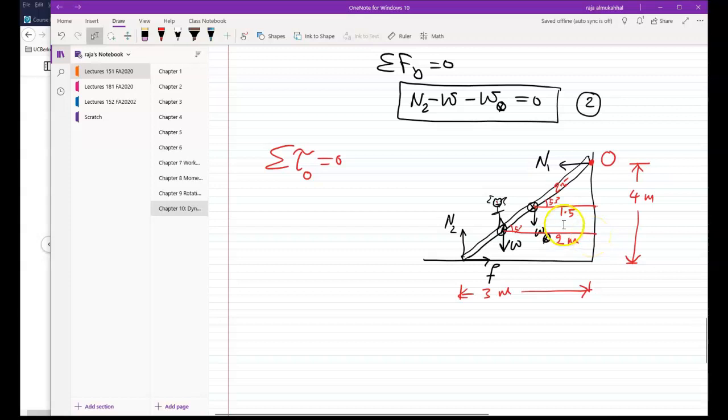Notice something. This is the moment arm, if I'm taking the torque about O, that's the moment arm. And look at the moment arm, it's perpendicular to W. This moment arm is perpendicular to W here as well. You see what I'm saying? And this moment arm is perpendicular to N2. It's not perpendicular to F, so F does not produce any torque. That's the trick. So now when I take the torque about O, this equation right here,